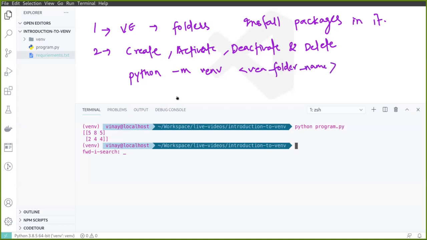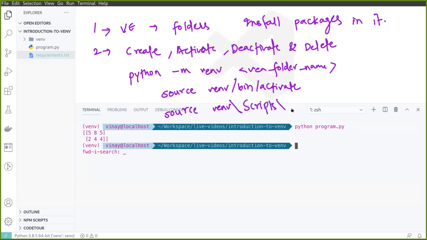To activate it on Mac and Linux, we use source venv/bin/activate. For Windows, it is venv\Scripts\activate.bat. To deactivate, we just run the deactivate command. To delete it, we just delete the folder.